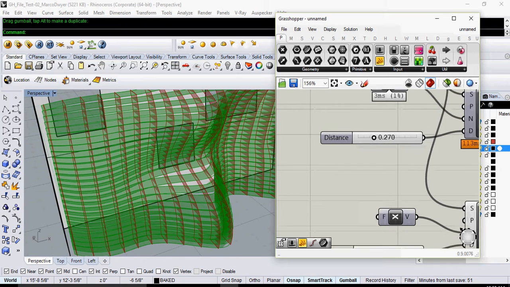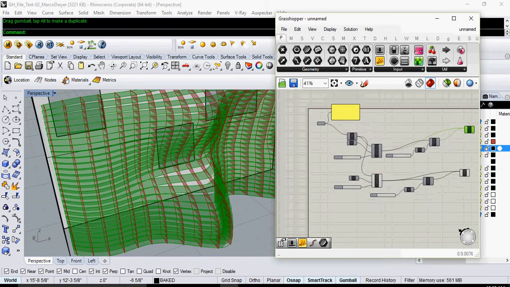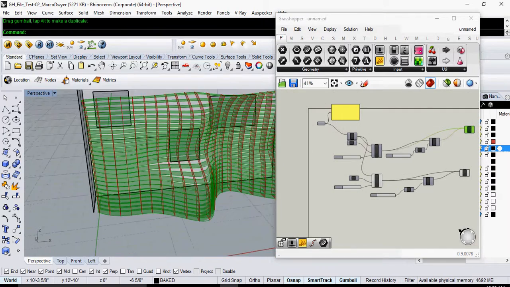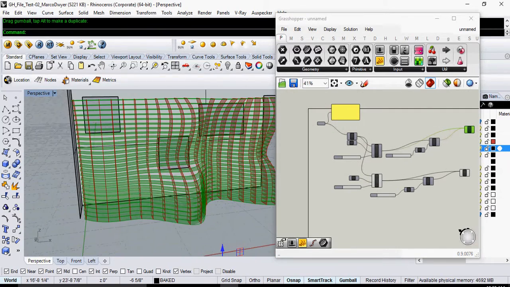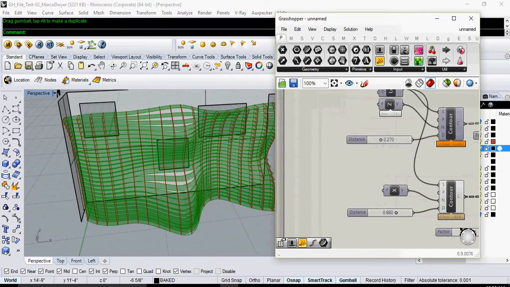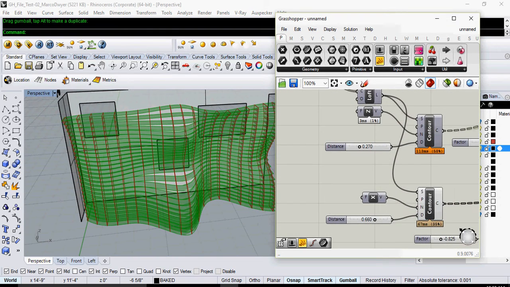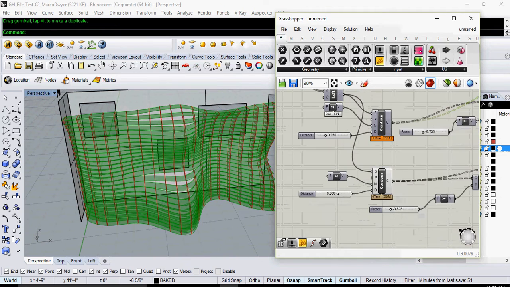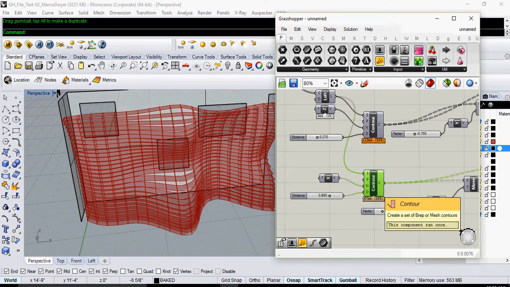Alright, so I'm actually going to go back, because remember this is a parametric design, so in any case we can always go back, which is the point of this whole thing. You can always go back and modify something. So I want to change the distance in the, let's turn this off,